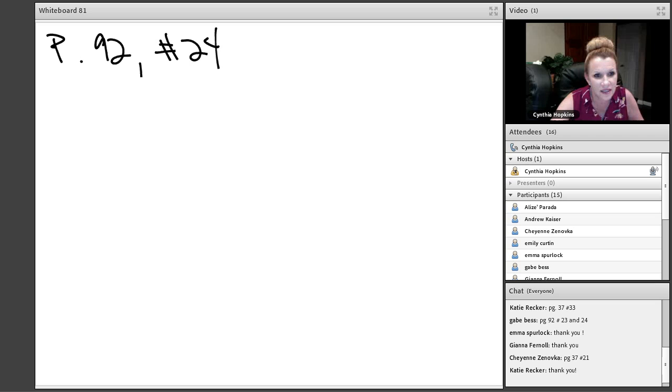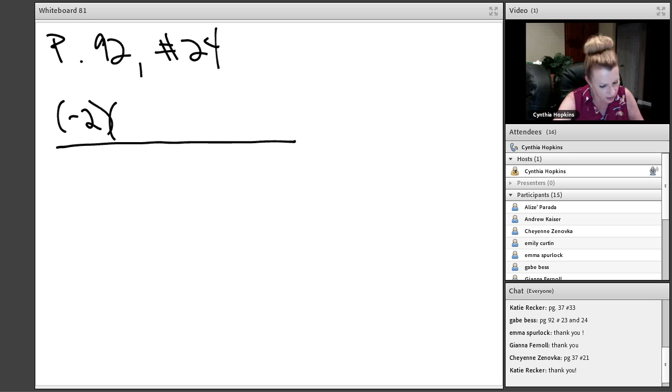All right, we've got this big old fraction in the numerator. You know what? I'm going to substitute as I go. So I know my x is 2 and my y is, excuse me, my x is 2 and my y is 3. But in this problem, it says negative x, so I'm writing negative 2, and then times negative y, so that's negative 3,